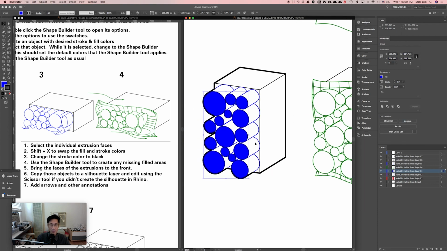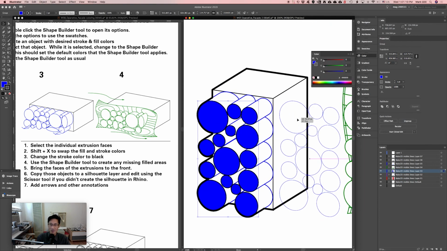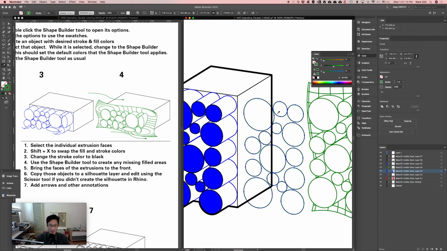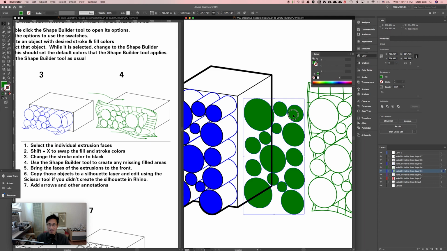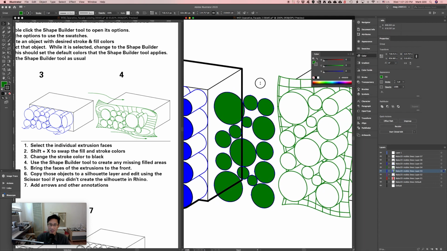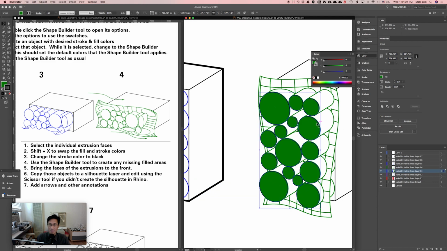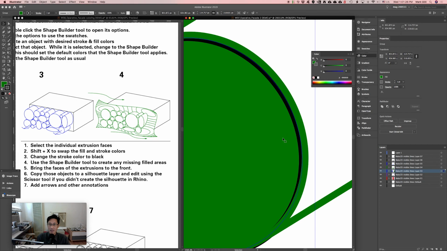I'm going to group them. Option drag, there we go. Let's do this again. Shift X. So that's a very quick way of doing that, just by copying the previous one. Okay, and we can make sure